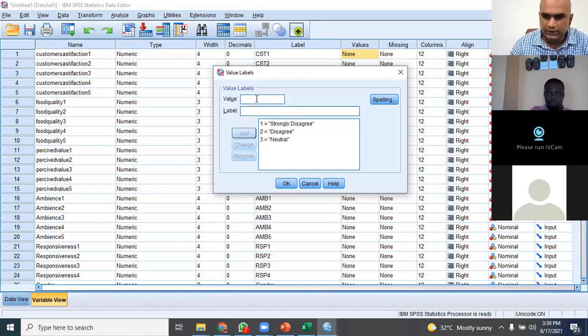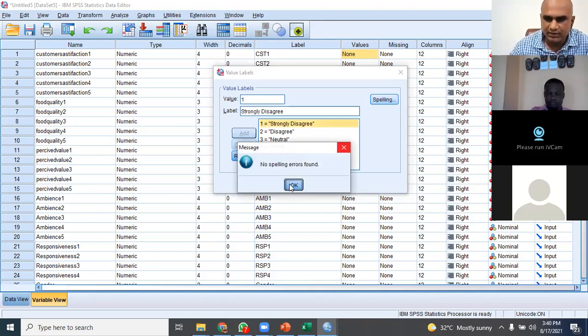Okay. That doesn't mean that you can only do a Likert scale. Any Likert-type scale you can do. That could have any level: 5 level, 7 level, 9 level, 11 level, whatever number of levels you have, you can do it. And then strongly agree. Look, I did a spell check here. It says no problem with